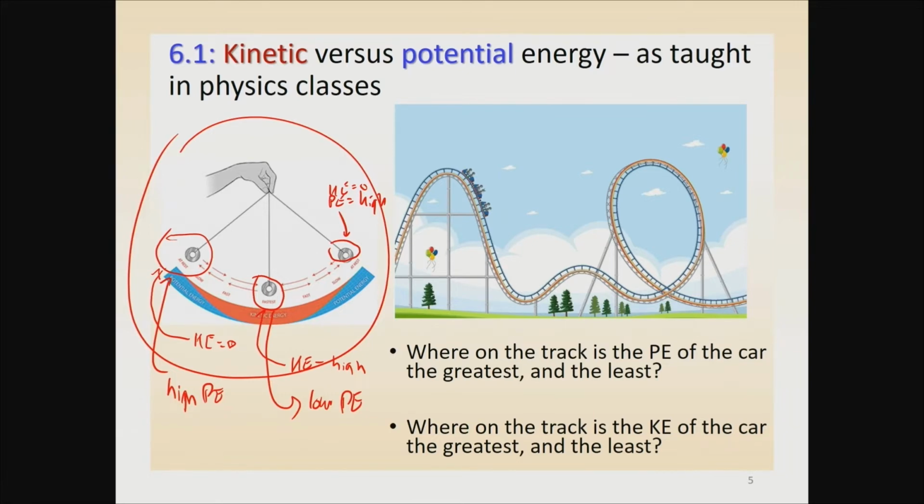Okay, so let's look at this roller coaster track and figure out where the car will have the highest amount of kinetic energy and the lowest amount of kinetic energy. Well, if you know anything about roller coasters, when it gets to the top here, right before you're about to go down, you're going to have relatively low kinetic energy for the car on the roller coaster. The car will be moving a little bit, so it's going to have some kinetic energy, but as you get down to the bottom of this track, it'll be moving faster and faster and faster, and maybe at this point here, it might have the highest kinetic